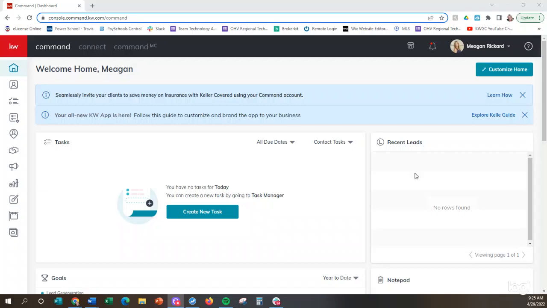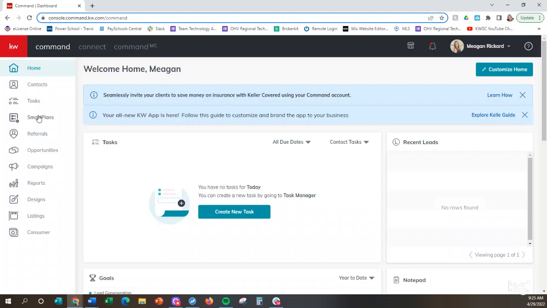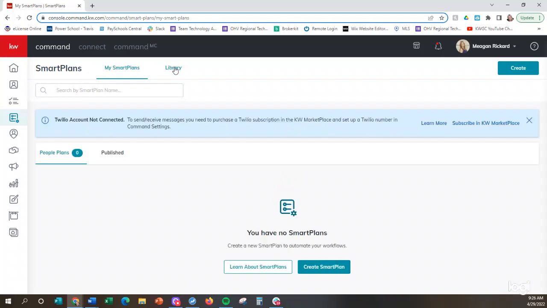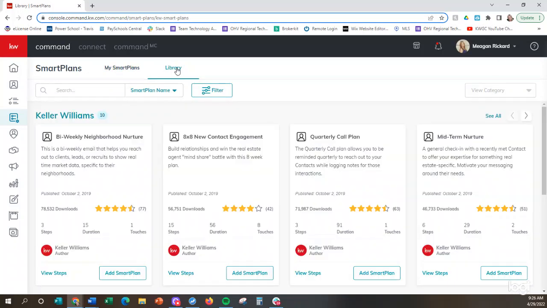This is how you create a Facebook ad for your listing. So you want to first make sure that you have a smart plan in place. So we're going to start by going to Smart Plans. And then we're going to go to the library here. And we're going to type in